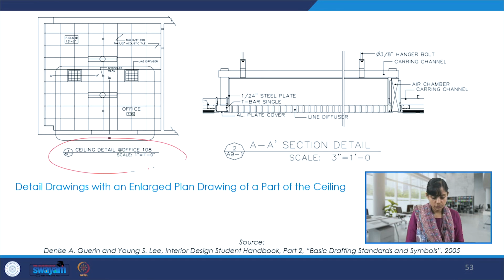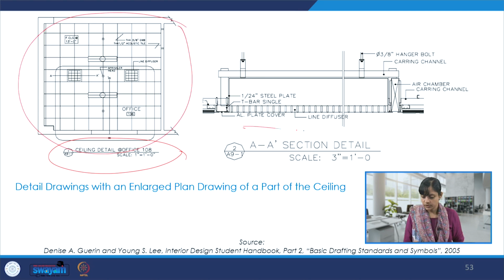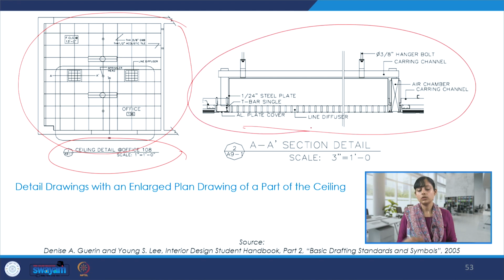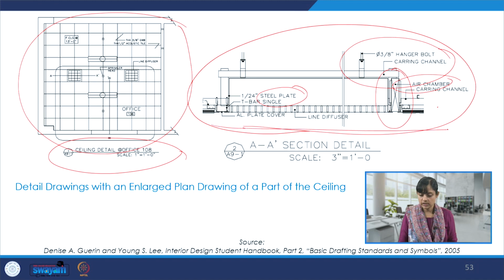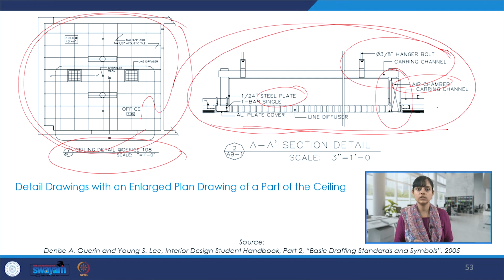Then we have more drawings like for ceiling. So if there is a ceiling like this, and if I were to draw a section again, what will the details be like? So there is a steel plate over here, there is an air chamber which we have to sort of incorporate, and what kind of nuts and bolts and screws or metal details or all of those things. If there is an AC, if there is a service that has to be incorporated, how much is the drop of the false ceiling, whether there is a false ceiling or not. So corresponding to this drawing, this is the section, and we give all these details over here.